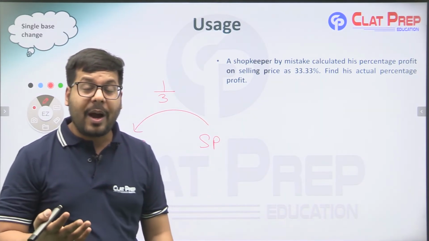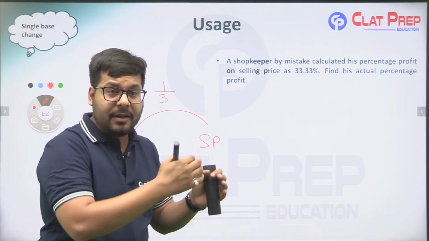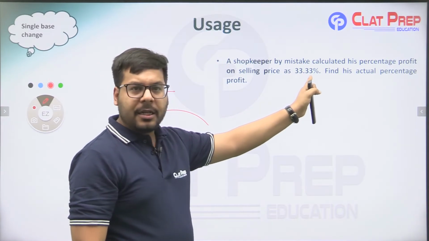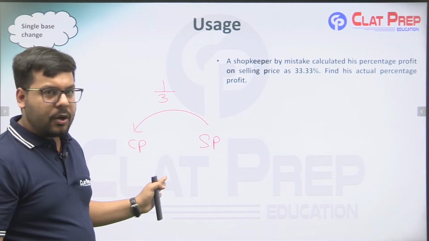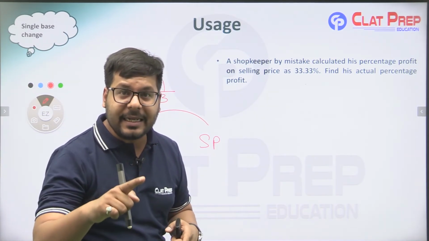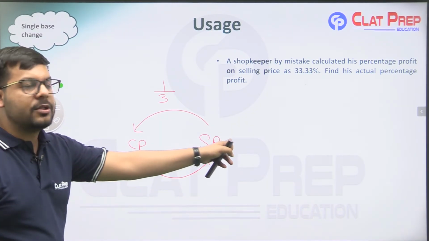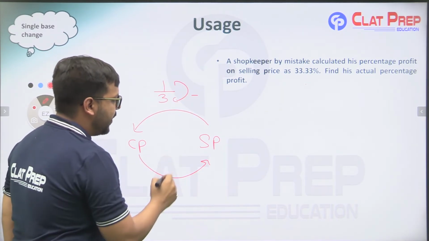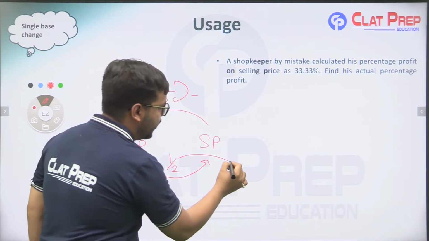And now this is how you identify whether initially we are given that the value is decreasing or it is increasing. So it says selling price and the profit is 33.33%. So he must have reduced the selling price to get the cost price. And what is actual percentage profit? Actual percentage profit is percentage increase in the cost price. So here, by what percent should I increase the cost price to get the selling price, right? I've reduced it by 1/3. So my answer will be, I'll subtract the numerator from the denominator and my answer will be 1/2, which is